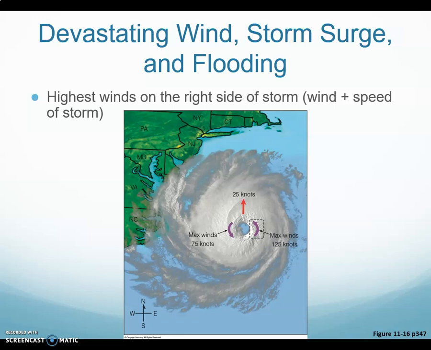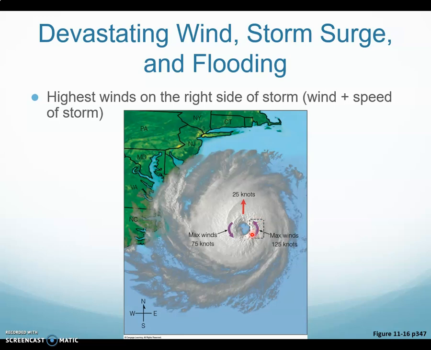So you have a hurricane. In this case, it's moving to the north at 25 knots. Winds are moving around the eye wall at a speed of 100 knots. Well, on the right side of the storm, winds are moving to the north. Since it's going counterclockwise, it's going to the north on the right side of the storm. So that's 100 knots for the wind, plus the 25 knot forward motion gives you maximum winds of about 125